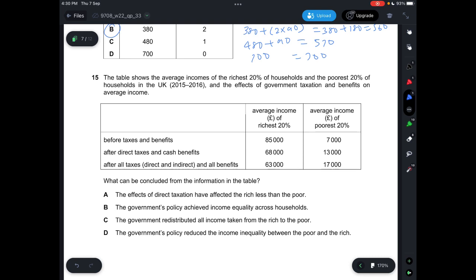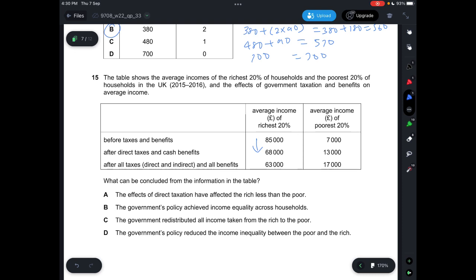And then after all taxes, direct and indirect, it's 63,000. For the average income of the poorest 20%, it goes from 7,000 to 13,000 and then 17,000. So for this one, let's look at the 4 options. A says the effects of direct taxation have affected the rich less than the poor, which is incorrect because as you can see here, with the direct taxes, the average income of the richest 20% has become 17,000 ringgit,